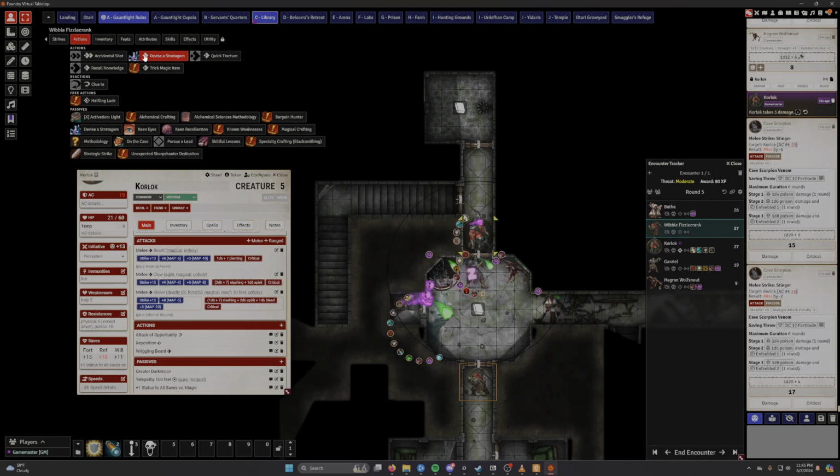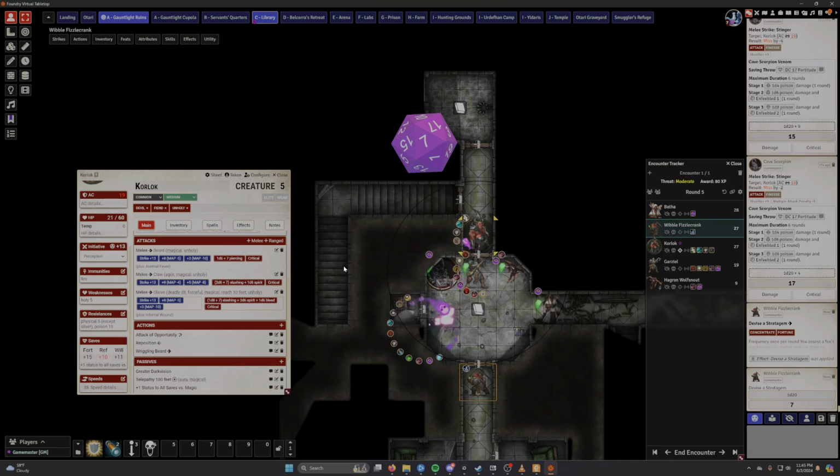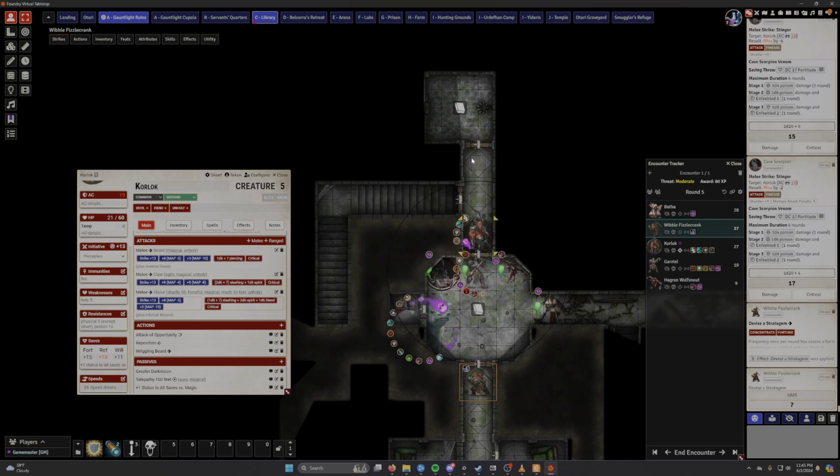Okay. Devise a stratagem. Oh my god. No, it's nothing. It's a miss. It's a miss. He needs a 9 or better. Yeah, he needs a 9 or better. There's a 55% chance. He's failed 3 times in a row. I'm going to move up here, and I'm going to...